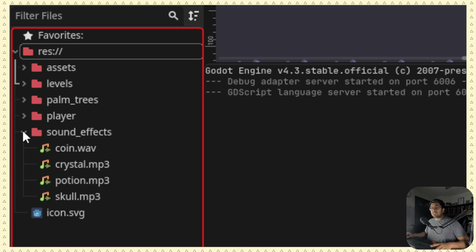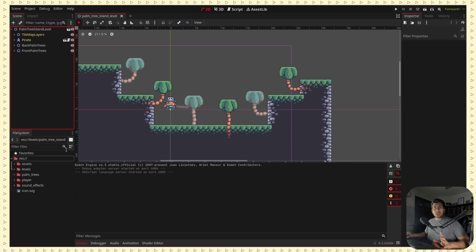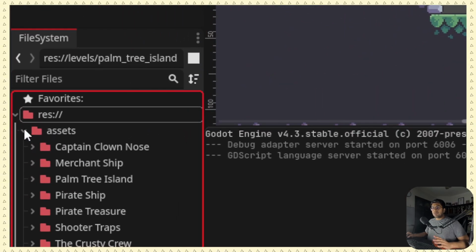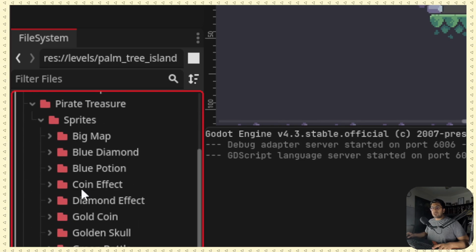So let's get started. This is our level, and first of all I want to see what assets we actually have. If I click on this pirate treasure, you would see sprites, and we have a lot of treasure items. There's a big map, blue diamond, blue potion, coin effect, dynamite effect, gold coin, gold skull,